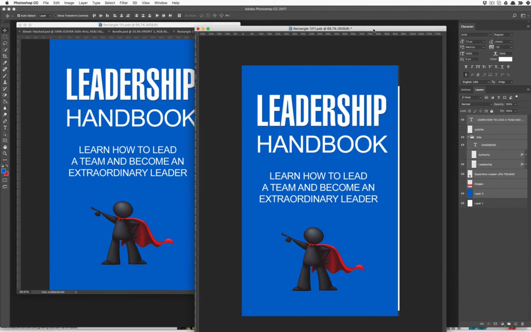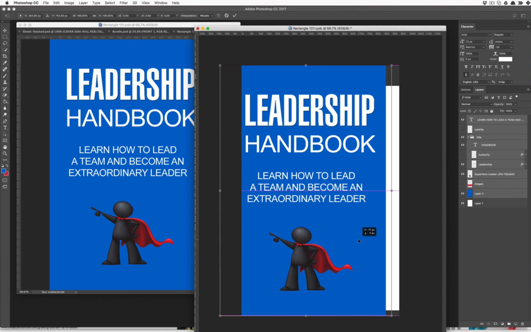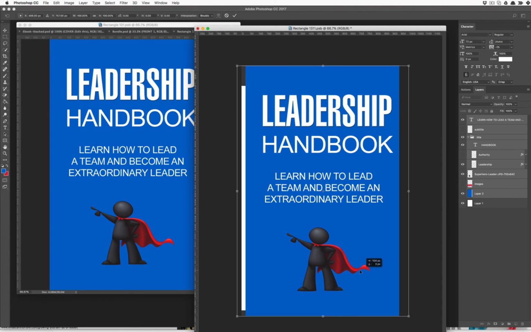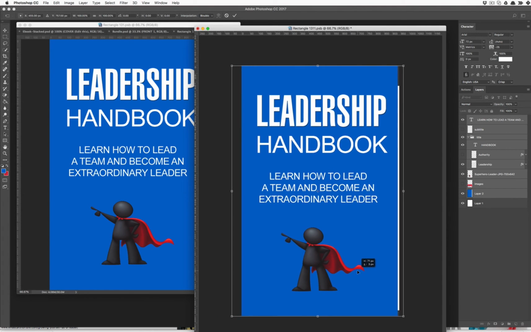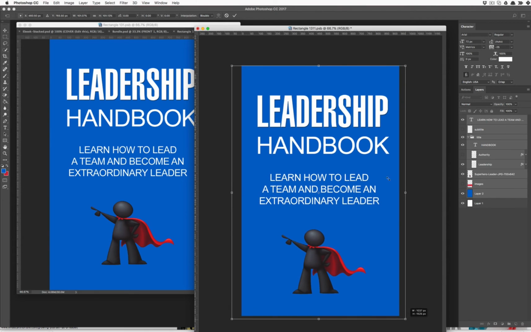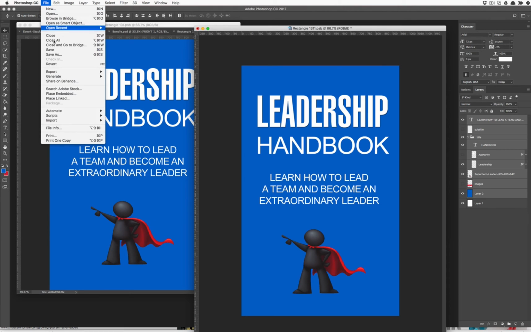In this case here, we can then, while all these layers are still selected, press Control T or Command T on your keyboard. That should select it all. And we can then move and adjust to fit. So I'm going to hold the Shift key now and drag this section so that it covers the actual canvas. There we go. So now we can save this by going File, Save,